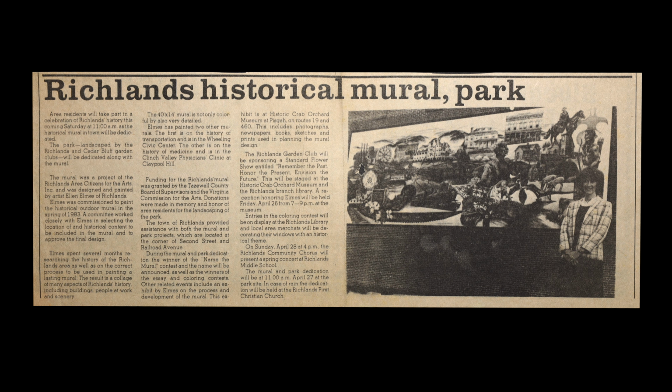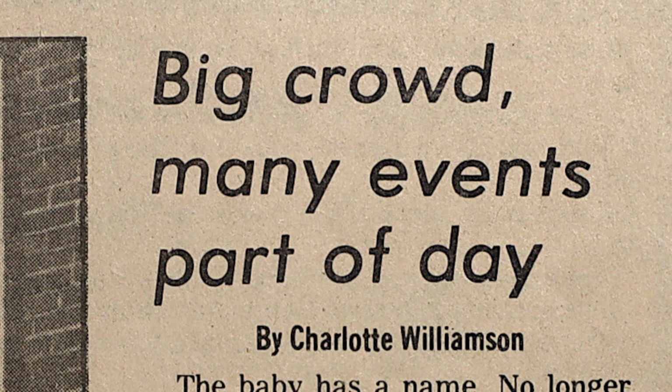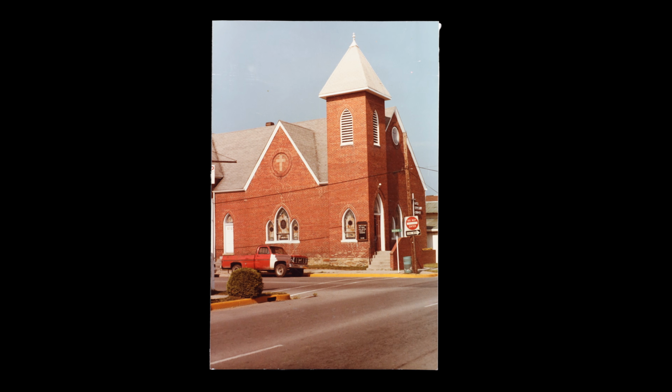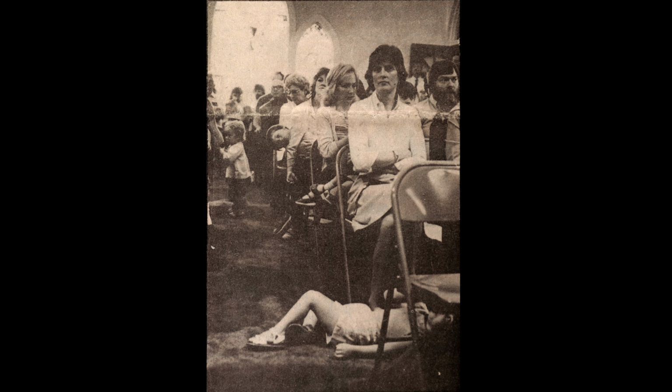When the mural was finished back in 1984, different people in CART and other people in the community organized a dedication ceremony. And originally we had wanted to have it out in front of the mural, but it was pouring rain that day. The First Christian Church right across the street, they opened their doors and we had the ceremony there. And we all went in, I think it was a church, and everybody was packed in there,